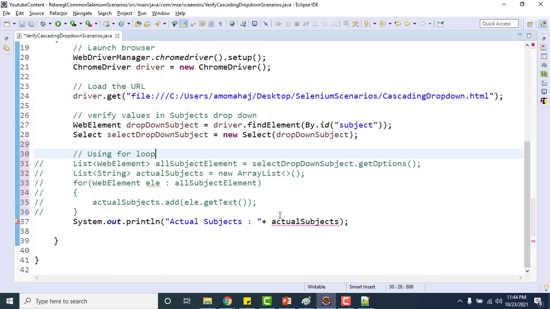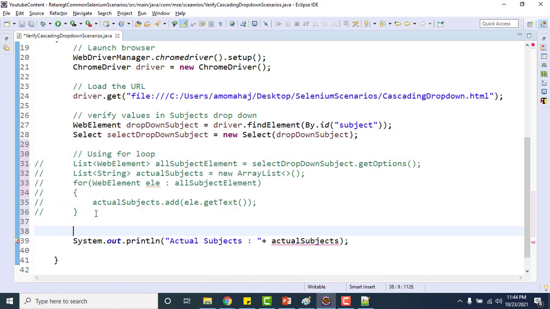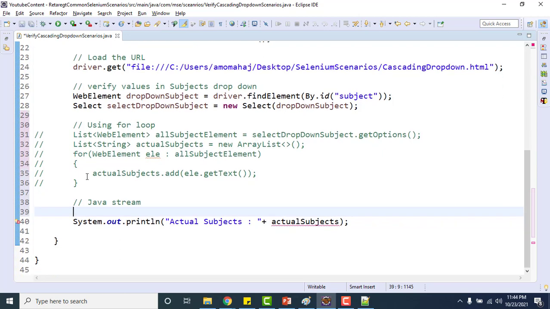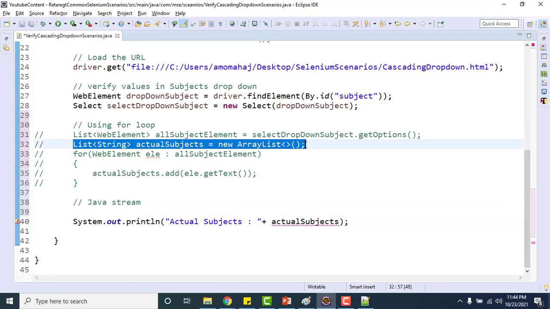And here I will use Java stream, and you can see how beneficial it is and how drastically it can reduce your number of lines of code. So let me have one actual subject list here.